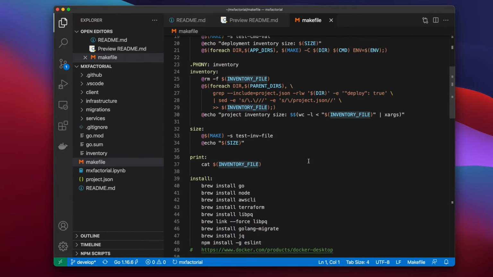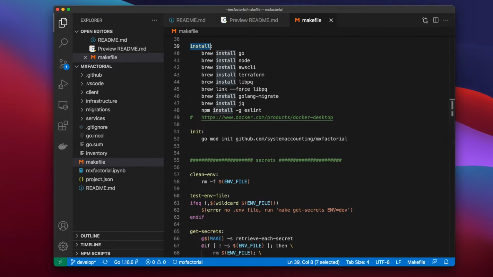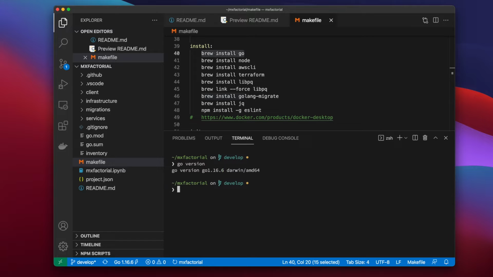Open the root makefile and scroll to the install target. You need Go for all of the backend services except the rules service. Go version, check. The rules service is in TypeScript because it loads modules dynamically at runtime. It's either all or nothing in a statically typed language, so the rules service was written in TypeScript to avoid managing an unruly number of imports. You need Node for rules and local development of the web client. Node version, check. NPM version, check.